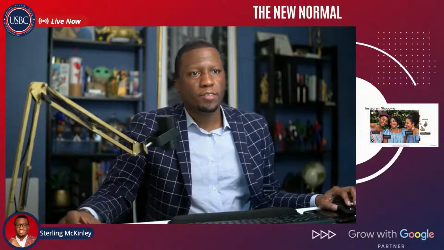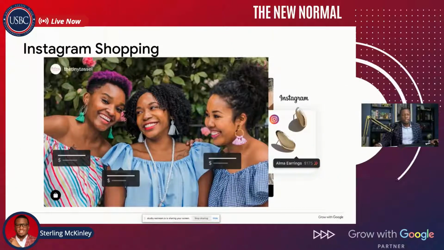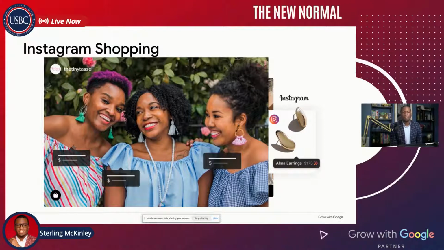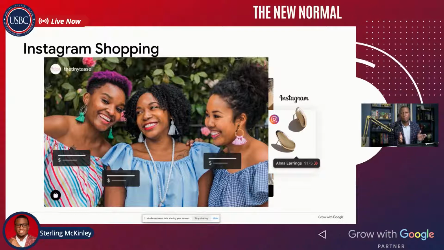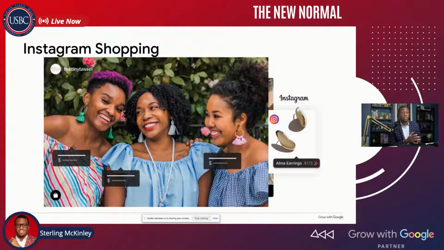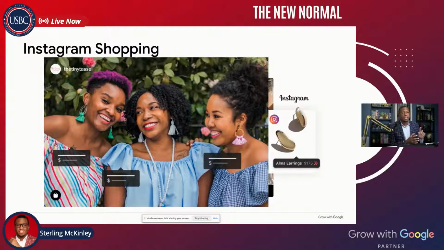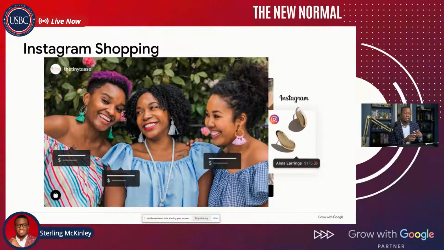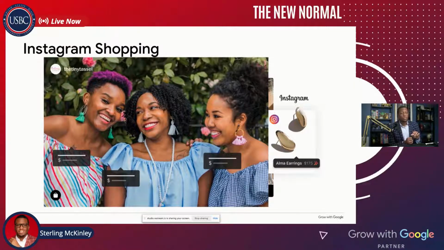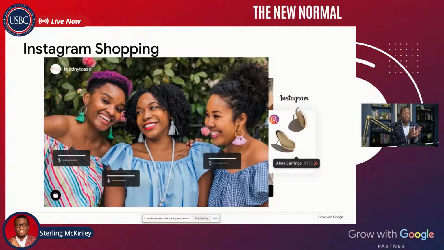The next cool feature of Instagram is Instagram shopping. And I said this earlier. I'm on Instagram, on LinkedIn. Why? Because there's money, there are customers there. So one cool thing you can do if you have physical products and sometimes virtual products, you can sell those on Instagram. So when you make a post or a video, you can actually tag certain things in the video, and people can click on that link. They can go to Instagram shopping or to a different platform, and they can buy right in the platform.